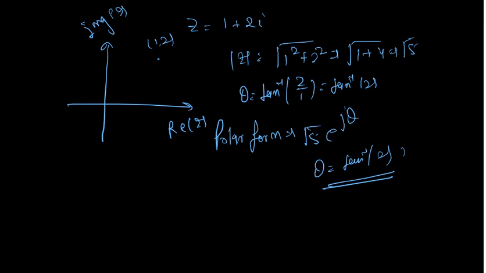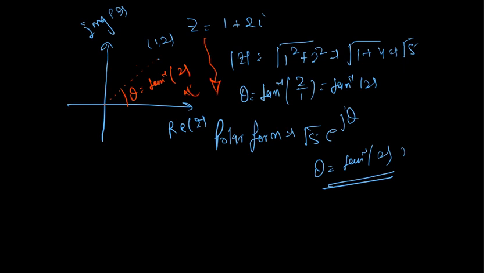So if you match this origin with this number, this angle is theta, and theta is nothing but tan inverse of 2. Okay, so this is the representation. This is your polar form, and this is your representation of the polar form. Clear? Now we have another topic related to this one, that is Argand plane and polar representation.